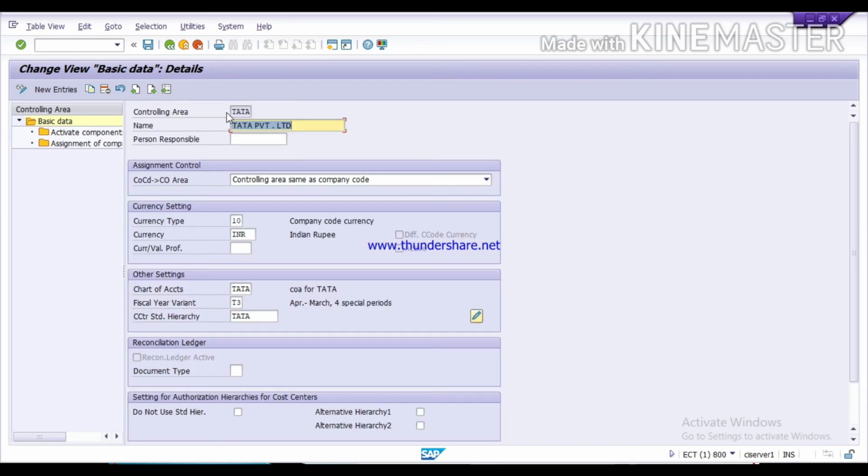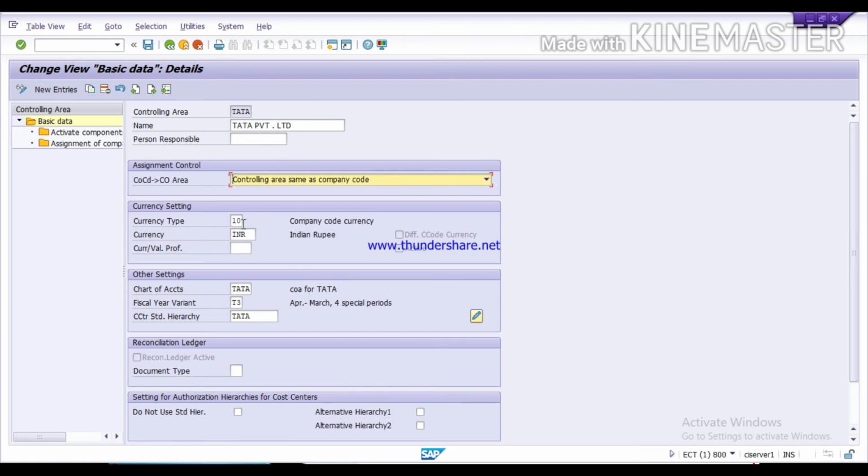Double click on it. Then here you can see your controlling area name, name of your company, then assignment control. I have one company code that is equal to my controlling area, so I have selected this first one. As per your business requirement, you have to select your assignment control.